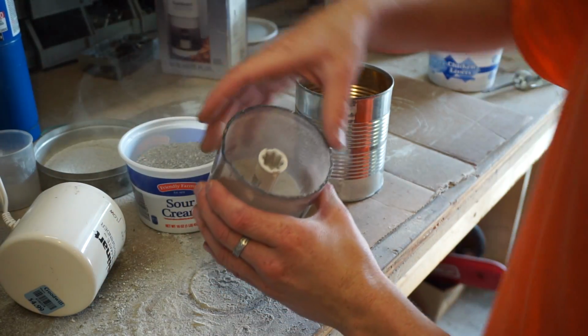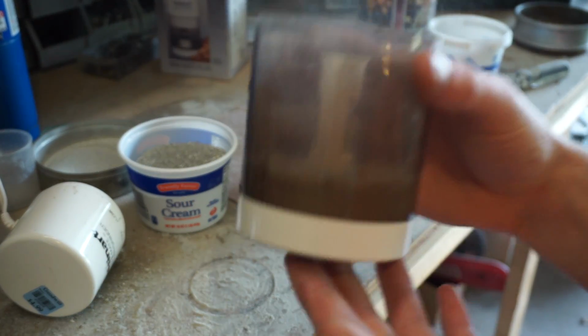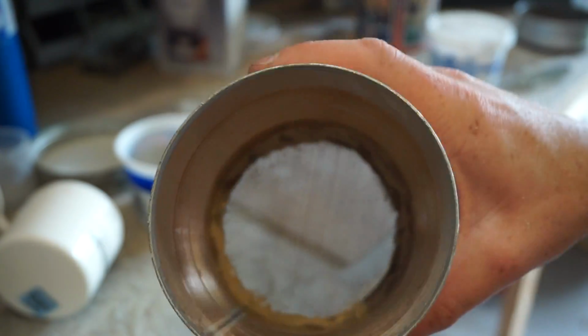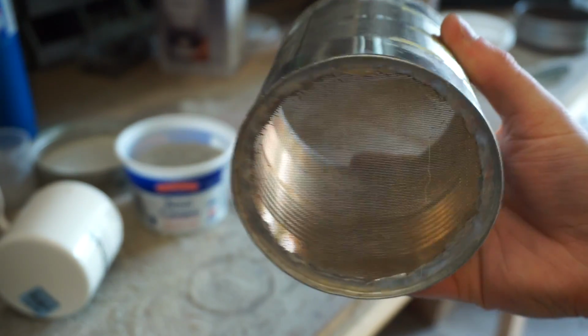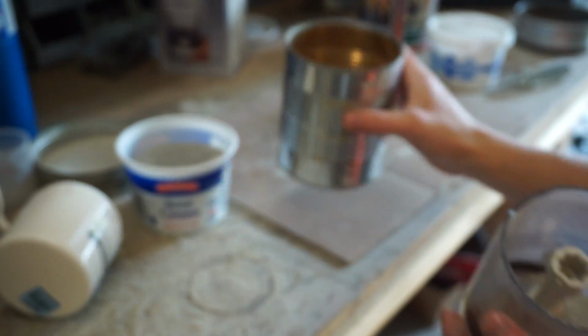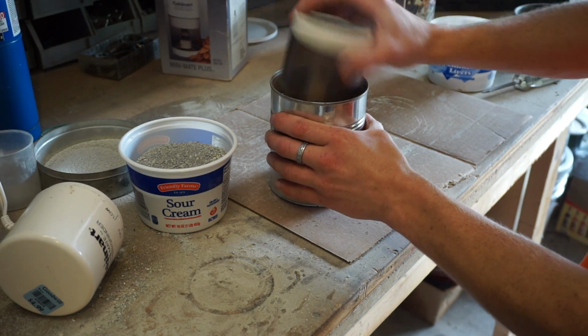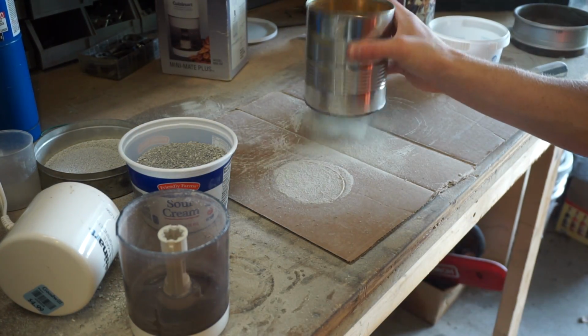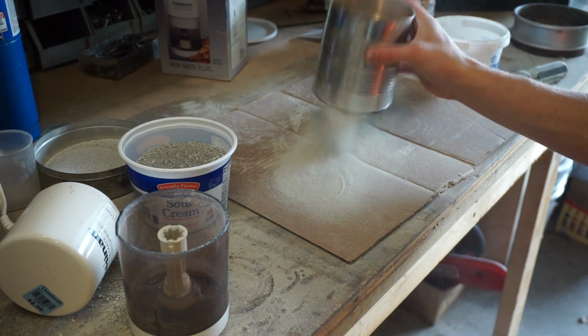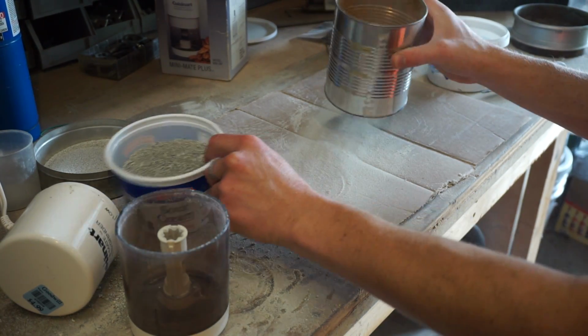So after I think it's all ground, because the sound kind of changes as it's grinding. So now you can see it's a nice powder. Then I've got this sieve that I've made, which is basically a can with the bottom cut out with some screen mesh on the bottom, really fine mesh. And so we'll basically dump that in here, and then just go like this, get it all sorted, get all the fine stuff out. Makes a lot of dust, don't breathe the dust,